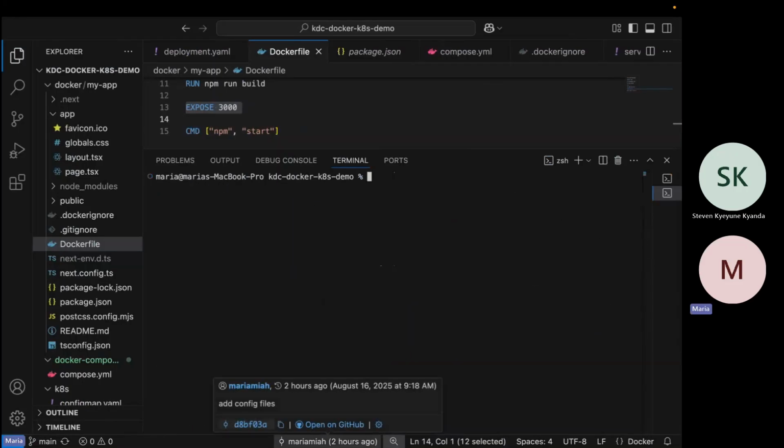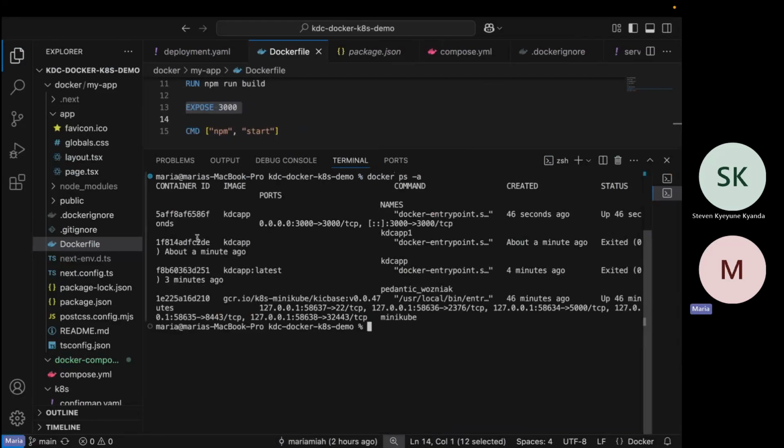But now, if I'm done using these containers, for example, the exited one, how do I get rid of it? I get rid of it by getting its ID and doing a docker rm. So it removes that container.